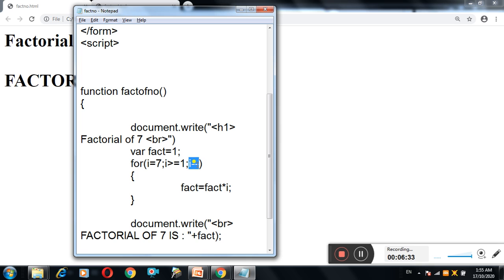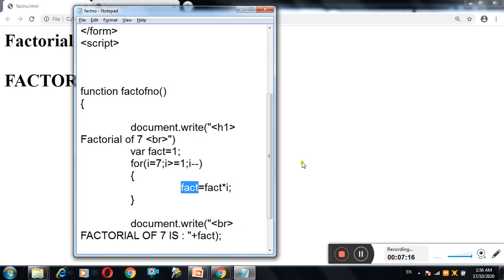So i should be greater than or equal to 1, and i minus minus, because the value is decreasing here. The starting value is 7, then it will decrease the value by 1, so the next number will be 6, then the next number will be 5. So the difference between this is 1, but in negative way, correct? It will continue with the loop in reverse order. Okay, so I need to write here i minus minus, because the multiplied number will be 7, then 6, then 5, then 4, then 3, then 2, then 1. Correct? fact = fact * i. What will it do? It will multiply the values and will save it in fact only.